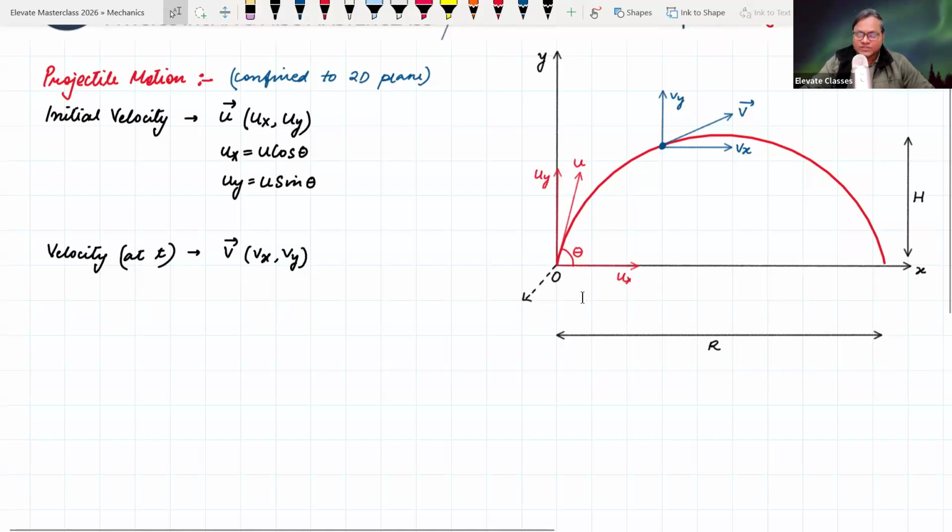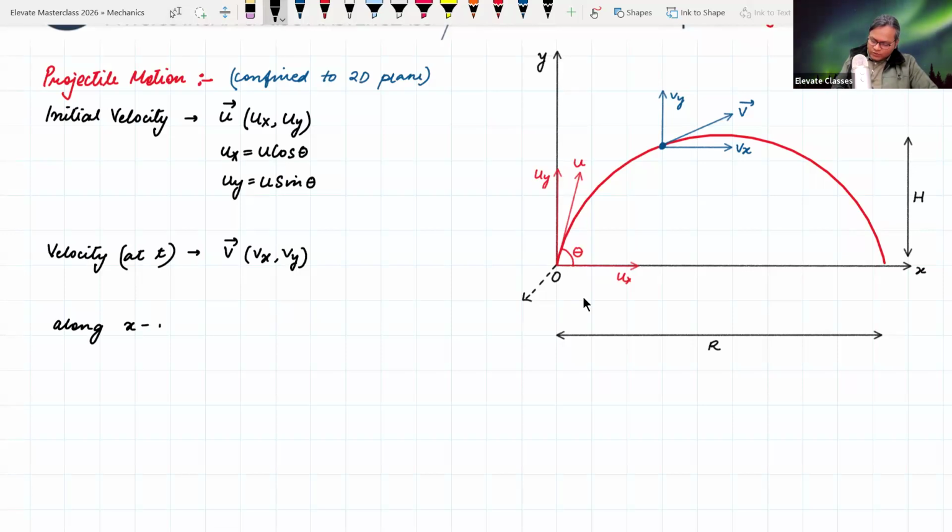There is only one force as of right now. We are not interested in any kind of rotational spin. We are not interested in any kind of drag. It's a very ideal system of a point mass particle experiencing projectile motion in a 2D plane. So in that kind of a system, we have a force along